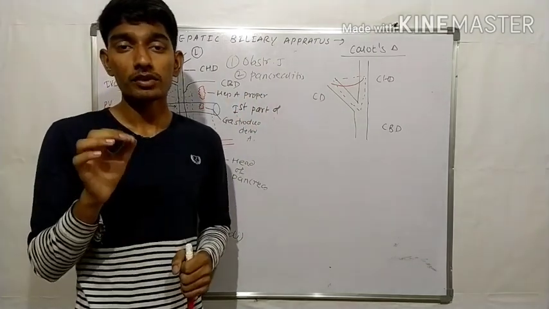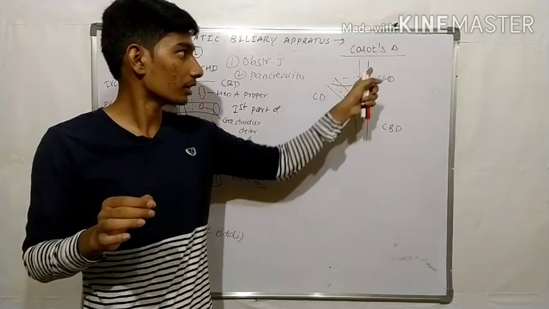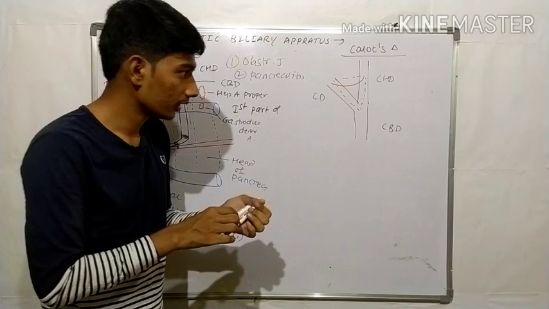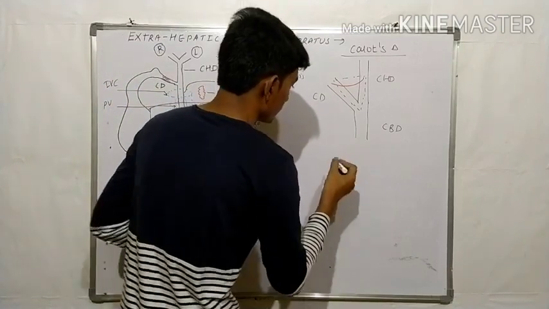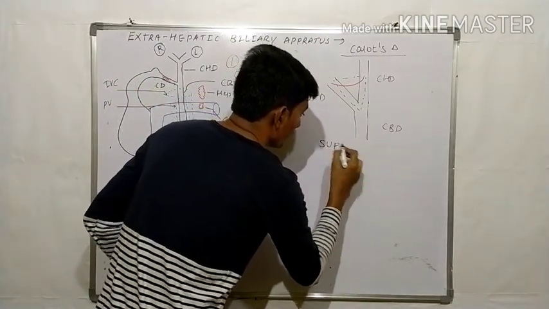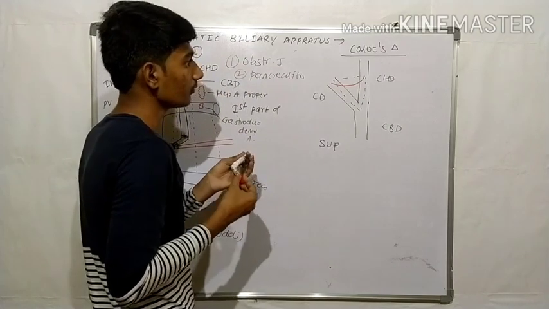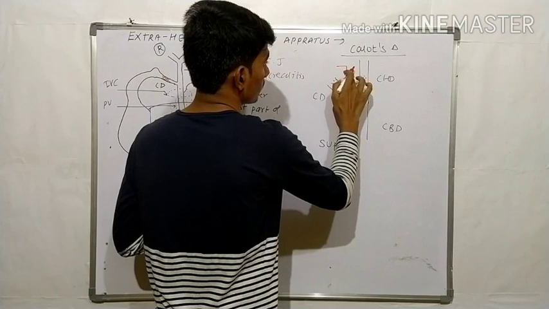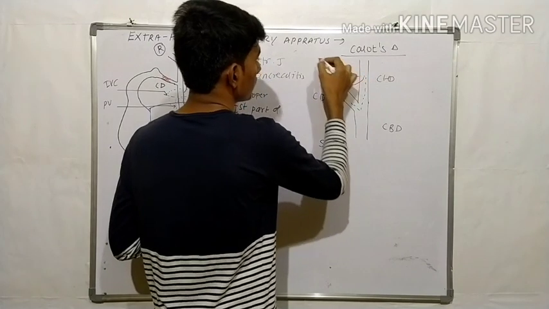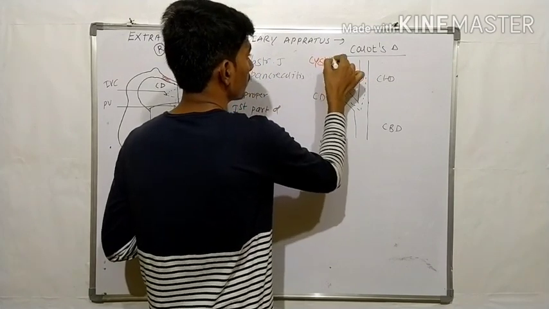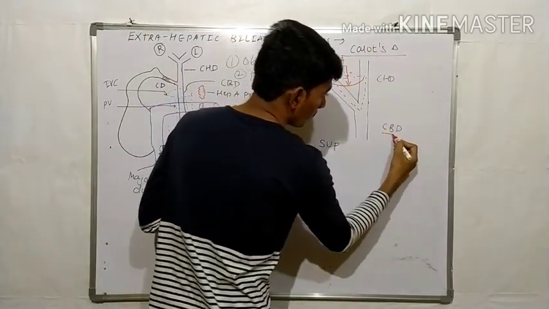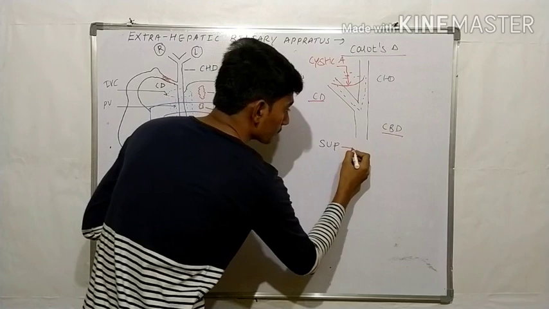Okay. After that, we will discuss one triangle that is known as Calot's triangle. This is Calot's triangle. Superiorly, it is bounded by the cystic artery, cystic duct, common bile duct. So superiorly,